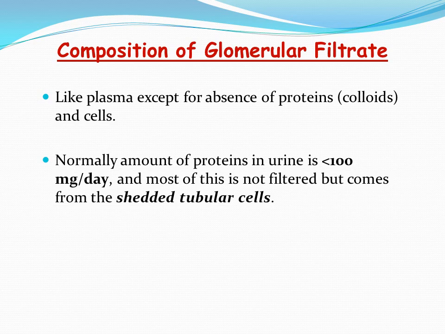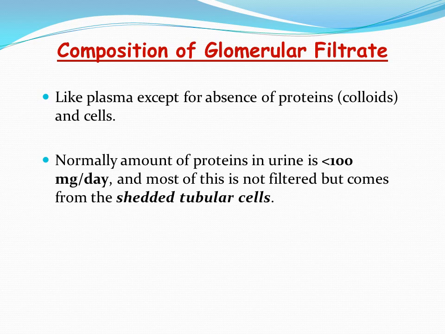The globulin and fibrinogen have a molecular size of more than 8 nanometer, so they are not going to be filtered. But albumin, having a smaller molecular size of around 6 to 7 nanometer, even there is not allowed to filter because it is negatively charged and the membrane will repel the albumin. So none of the plasma proteins is going to be filtered.